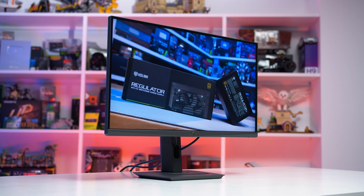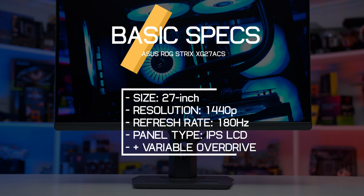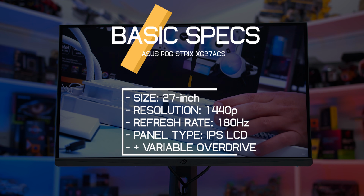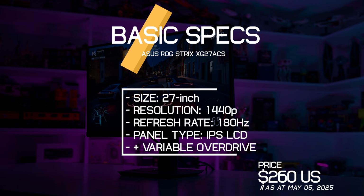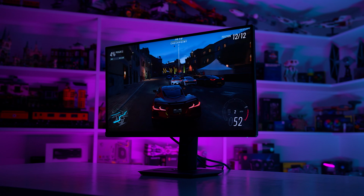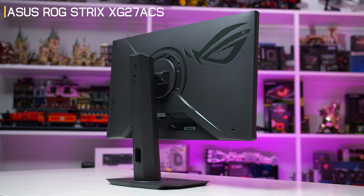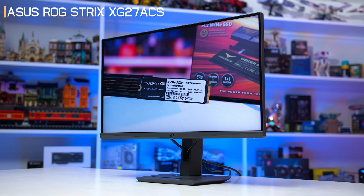The Asus ROG Strix XG27ACS is another great monitor, offering a 1440p 180Hz IPS LCD with variable overdrive, so it's one of the best tuned variants for motion performance, and it has great color quality. But its regular price is a little high in my opinion, usually sitting around $260 US. I've seen it on sale for $200 at times, and that's when I'd pull the trigger for sure. That's a great price, and this is probably one of the best monitors in this category. Similar in Australia, at $440 this is a no, but at $370, which is its current price, I think it's